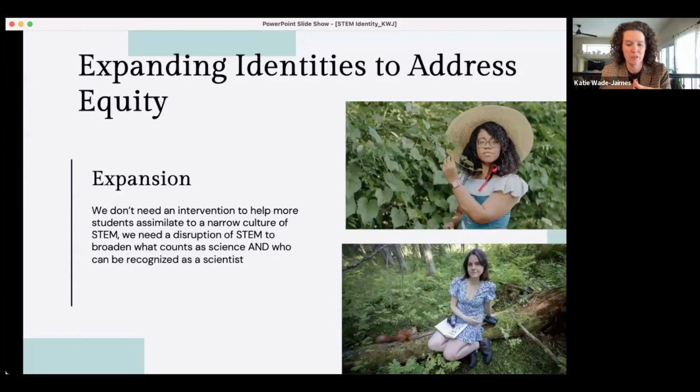as a science person. So what if instead of the stereotype of the white male with the goggles, we see images of women of color, wearing different outfits out in nature, doing things that are definitely science and being a science person, but that we don't often think of or see portrayed as science. Now I can say, oh, I can have this identity as a woman and maybe even as a woman of color and still have an identity as a science person because that identity of a science person is broad enough to encompass all of this.